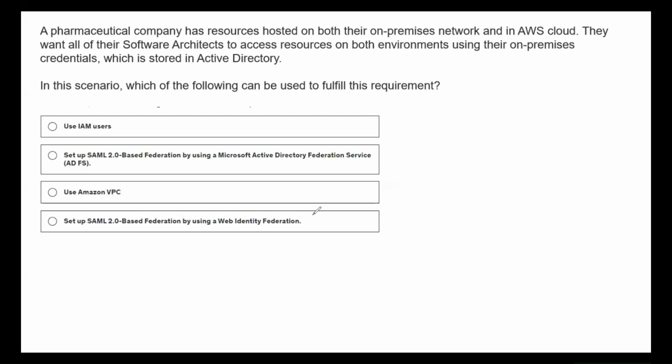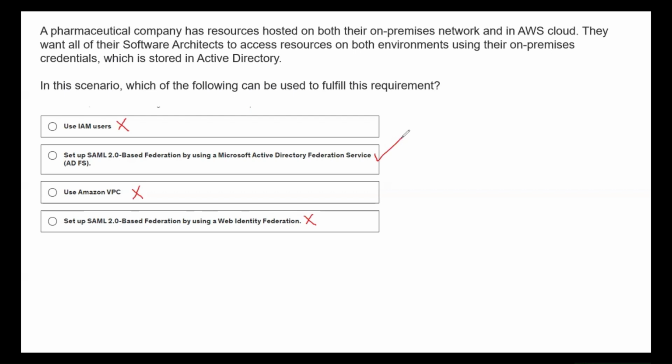So we can actually exclude this. This is not just specific to the web application, right? And then we have Amazon VPC. So VPC is not going to help in this scenario, or even IAM users. Okay, so this leaves us with this option, using a SAML 2.0 based federation by using an Active Directory federation